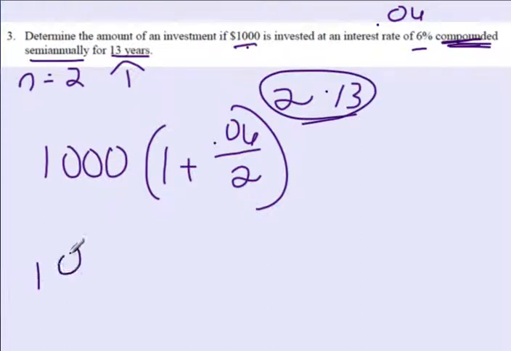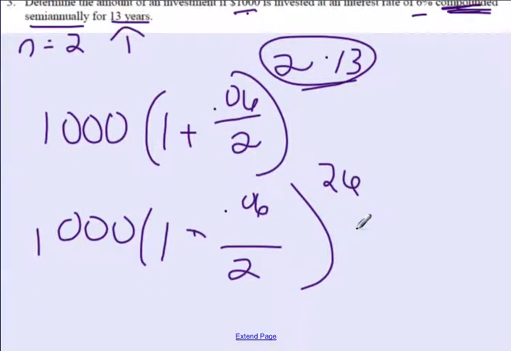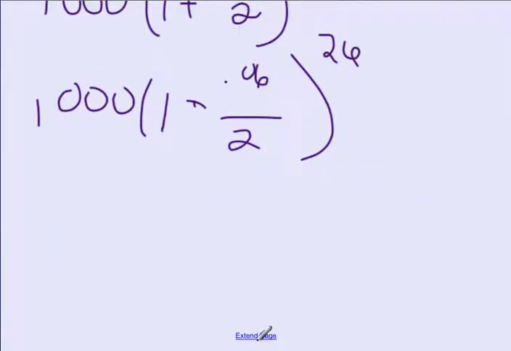So I'm going to rewrite this out, and then before I plug anything into my calculator, I need to figure out what 2 times 13 is. Well, 2 times 13 is 26. So now we have 1,000 times 1 plus 0.06 divided by 2, all of that raised to the 26th power. Be cautious of needing to potentially put a times symbol in there if you're using a crappy calculator. So when you do that, you end up getting